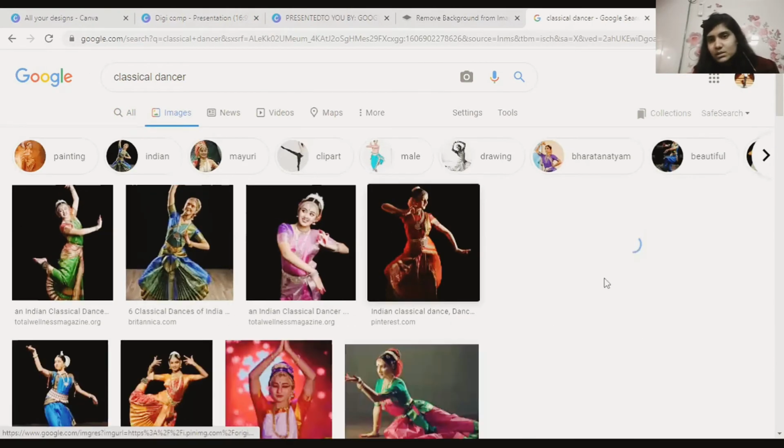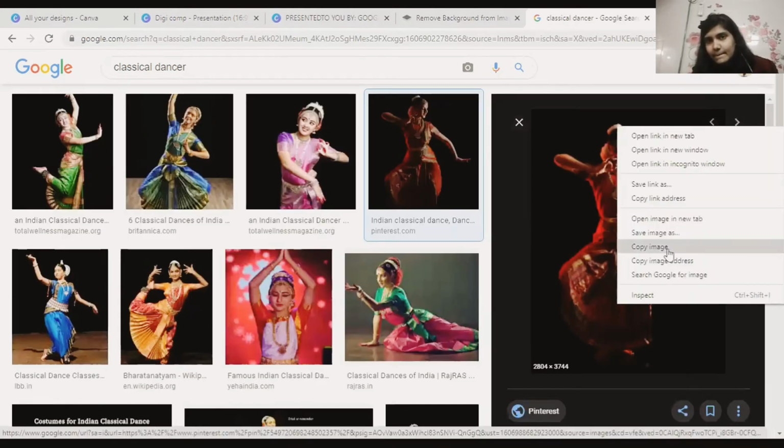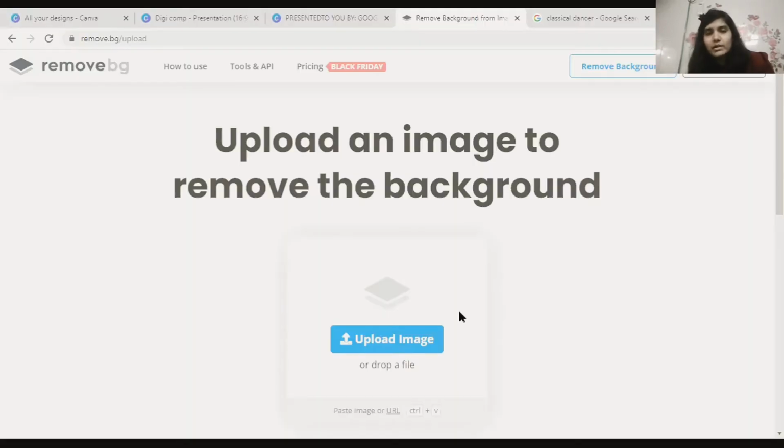I'll just copy this image. Yeah. So I've copied this image, right? Now I will click on remove background. Right. I will click on remove background. I will Control V.